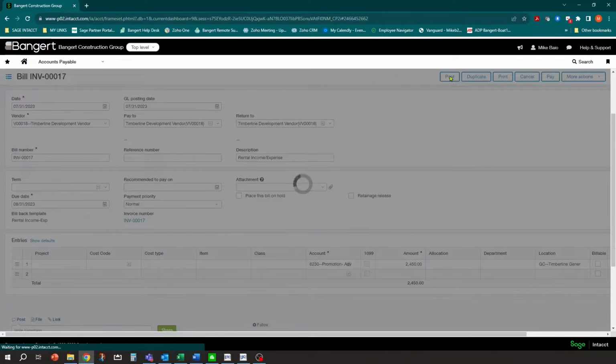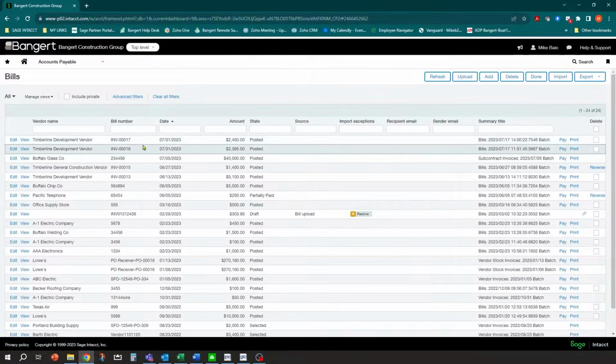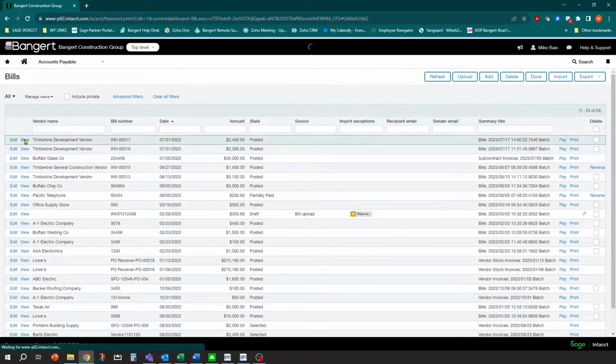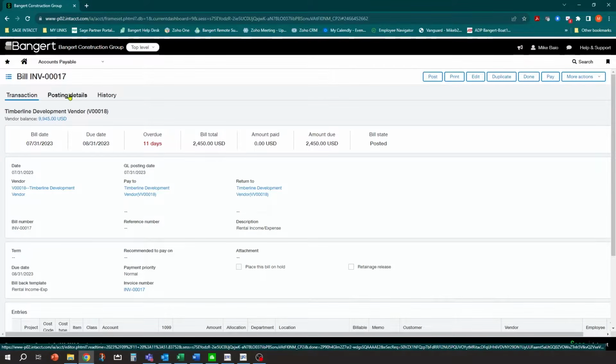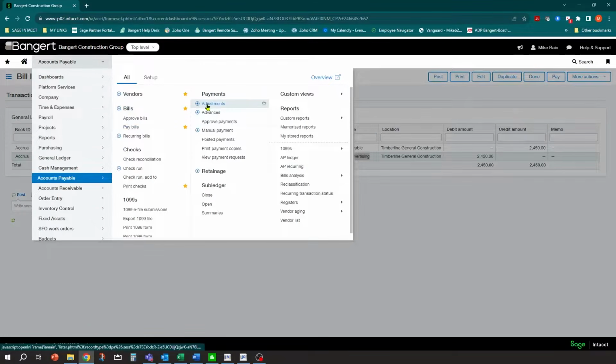I can hit post here, and that's going to make an adjustment in your system. And if I go look back at that invoice now, the payable, I can look at the posting details and see, now it's going to advertising. Okay. So you can do that type of thing in there if it hasn't been paid in the system. Now, you can still follow the process of, well, we don't want to make changes after it's posted. We want to make adjustments through the adjustments process over here in the adjustment. So you could still do that, and we'll do that next, but I just wanted to show you that first.